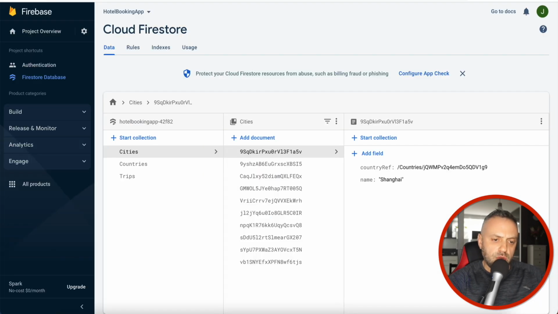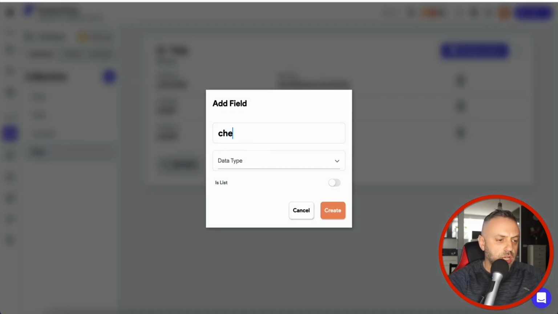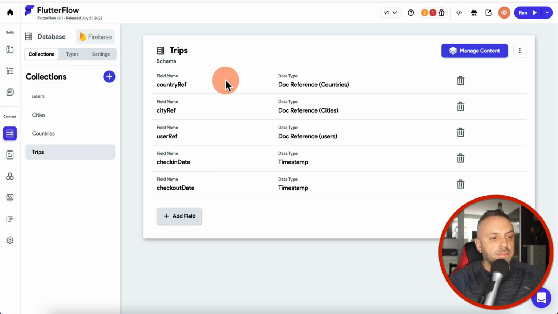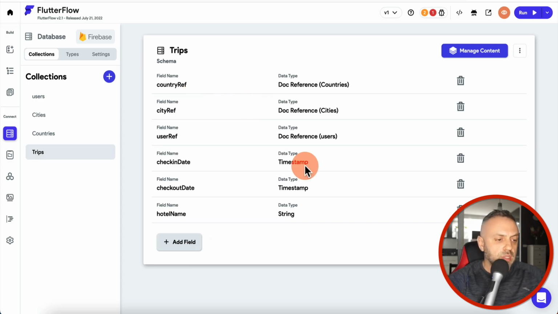And we also need to do check-in date, checkout date. All right, so we're going to do check-in date. That's going to be a timestamp, and checkout date, timestamp. All right. And the other thing is we need the hotel name, okay? Because we do not have another collection here. It's going to be gotten from an API. We're just going to store the name instead of some reference somewhere. So I'm just going to say hotel name, which is going to be a string. Nice and easy. And so this is going to be the trips